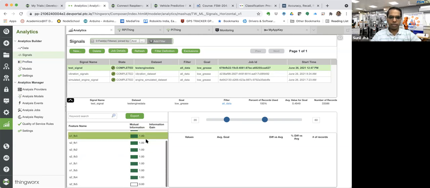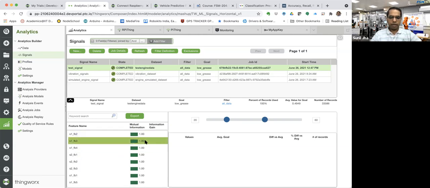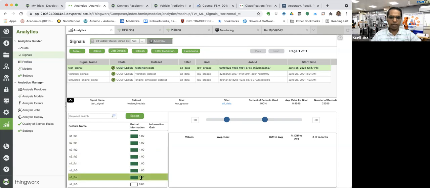In fact, if you see here, it's a kind of pre-processing and just doing some exploratory data analysis. So this is still not being used. It's just giving you an indication that wherever you have this information 1.0, these sensor data are impacting the low grease level.